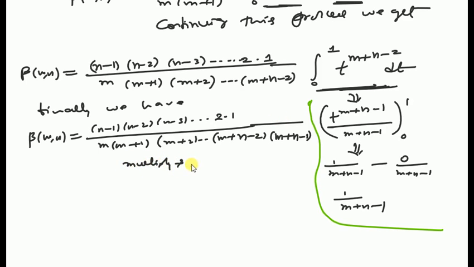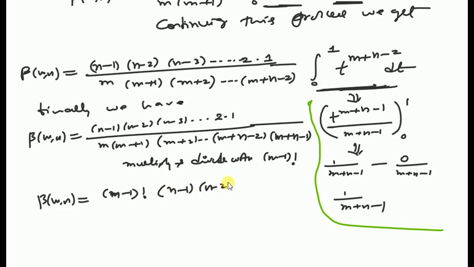So with that, beta mn will be equal to m minus 1 factorial, then n minus 1, n minus 2, n minus 3, and so on to 1, divided by the denominator, which has m into